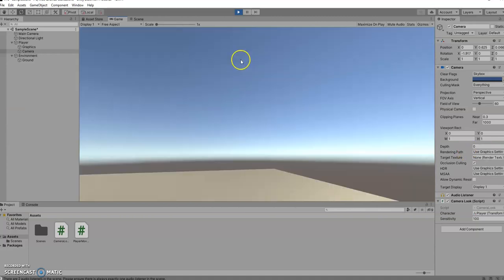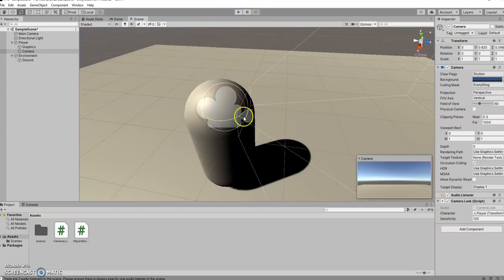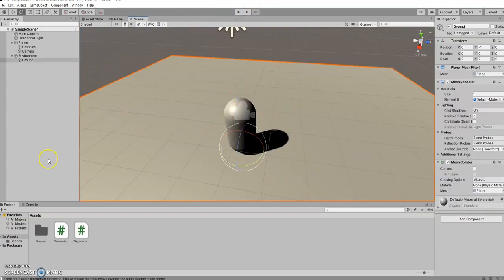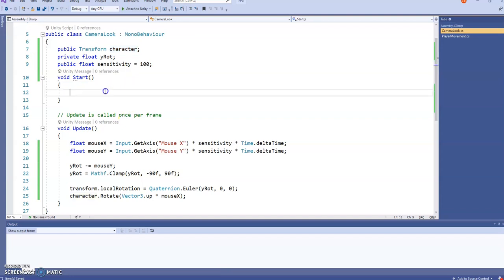Lastly, I just want to make it so that this mouse right here is not visible so that you don't go out of your screen. So in the void Start, I'm just going to do Cursor.lockState is equal to CursorLockMode.Locked. Now it'll stay in the middle and you won't be able to move it. You won't be able to see it. I'm sorry, there's no parentheses. So I'm going to save the script, head back into Unity,